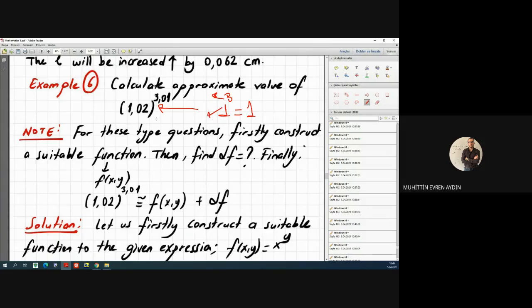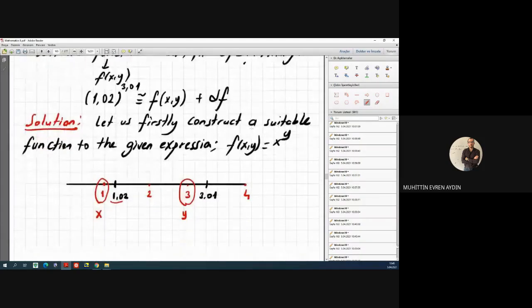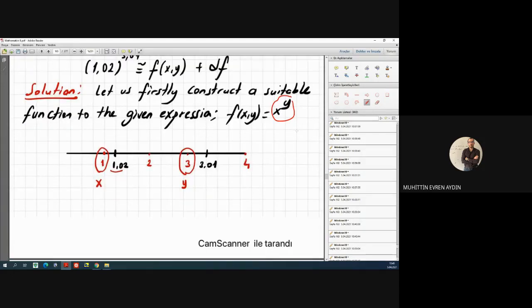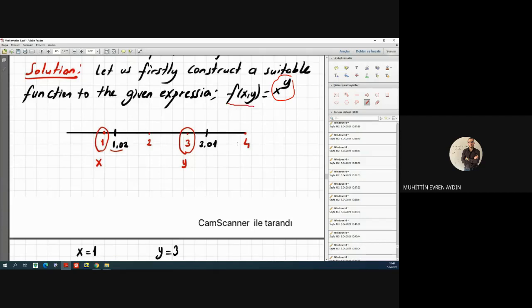If you increase the base by this amount and the power by this amount, of course the result must be greater than 1. But what approximately? Okay, we have a function f of x, y, and we have to find the total differential of this function. Let's find